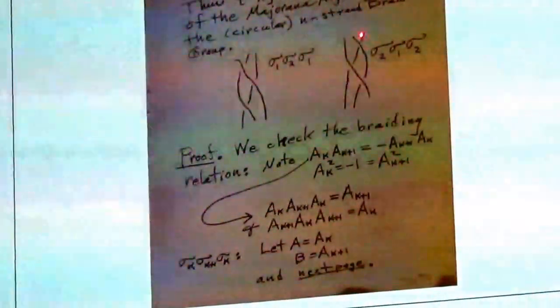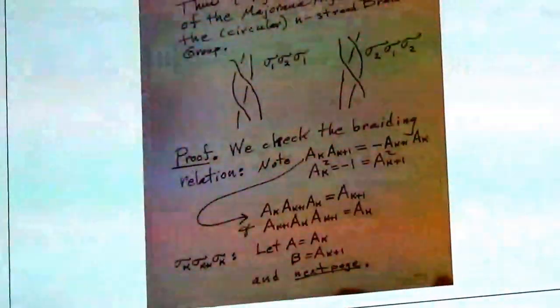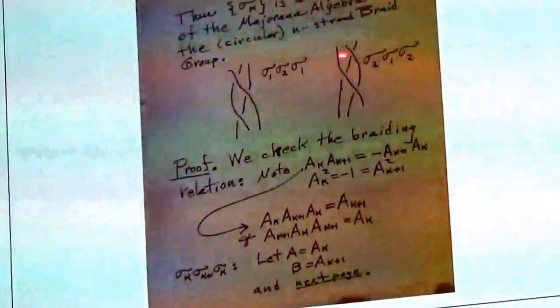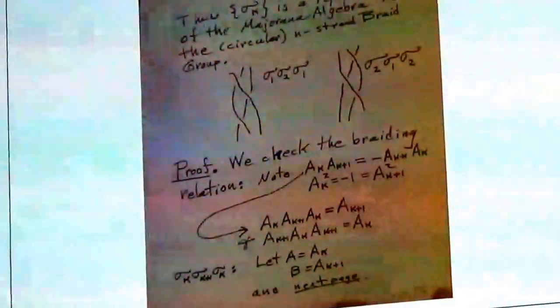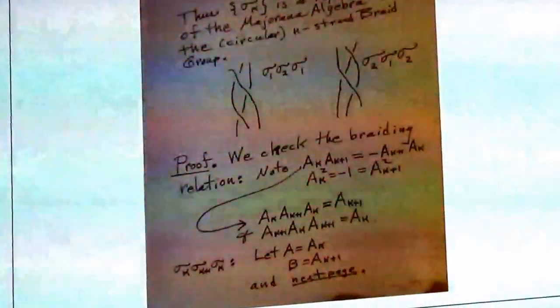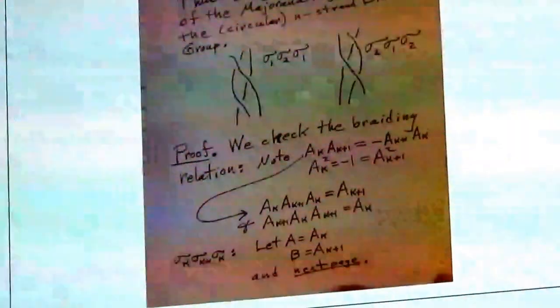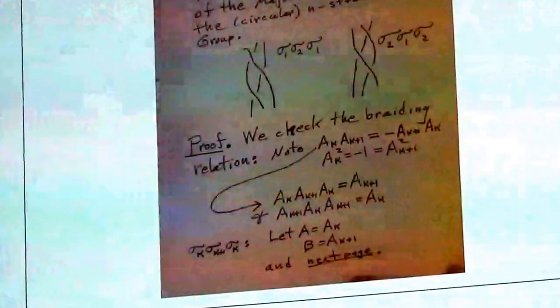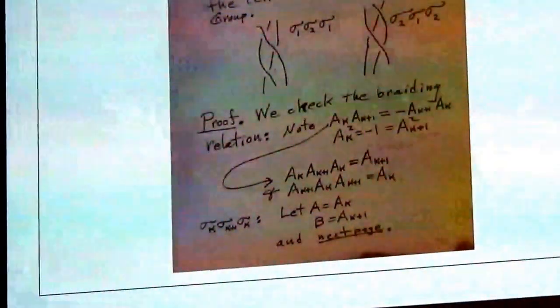And this is another picture of the same thing. 1 goes to 3, 2 goes to 2, 3 goes to 1. So if you think of this as just a permutation, this is an identity about permutations. But we've added the weaving, and that becomes braiding. And the braid group is sitting over the permutation group in that way, adding extra structure which we can visualize as weaving. And I want to show that these braiding relations hold, and it's easy to see that they commute